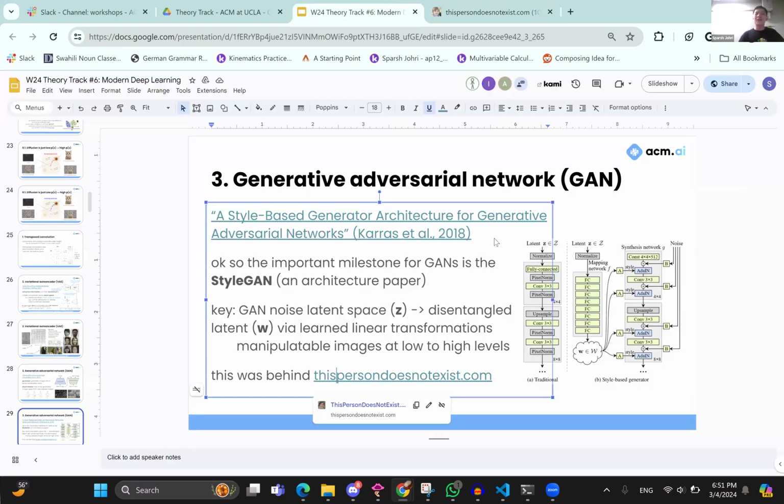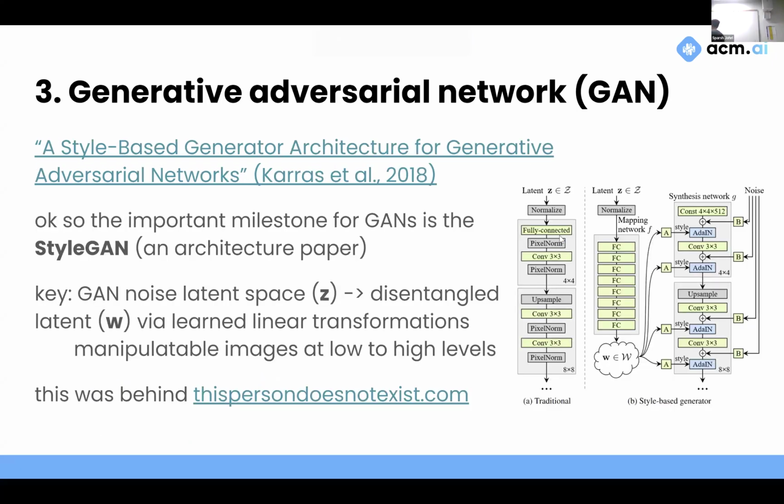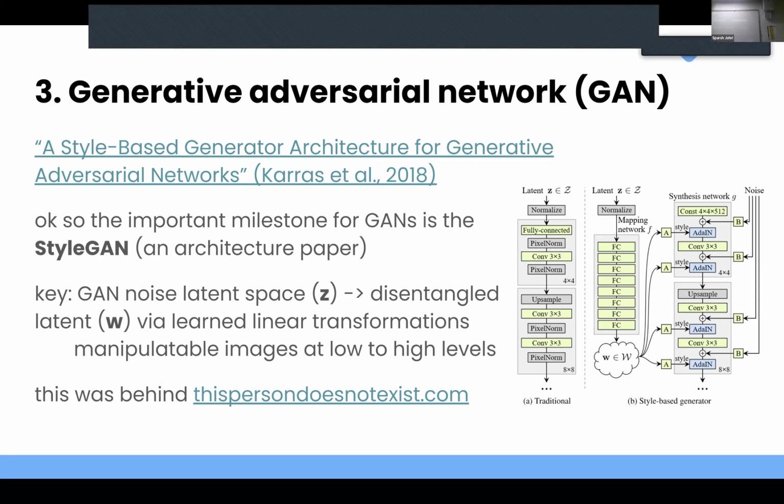And specifically, it is a variant of the generative adversarial network called the StyleGAN. I won't get into too much detail because motivating a lot of this is really difficult, but StyleGAN is an architecture paper. It proposes a new architecture for generative adversarial networks that's basically still the state of the art. Instead of generating from a starting noise all the way to some final image all at once, it separates the task into two. First is the mapping step, where it takes in our starting Z, our starting randomly generated noise latent, and passes it through a lot of fully connected layers with ReLUs in between. And that gets us